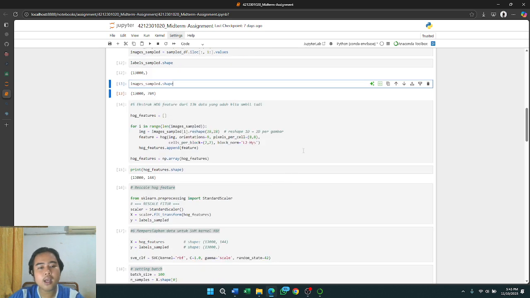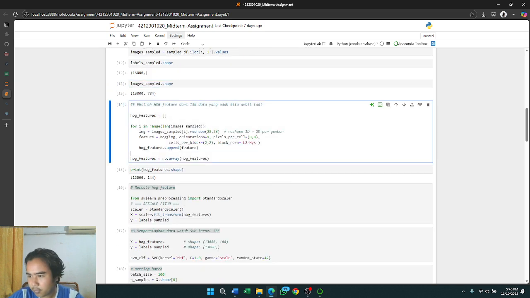Next, the cell, the program needs the above function to extract the HOG, histogram of oriented gradients, feature from each sample letter image.